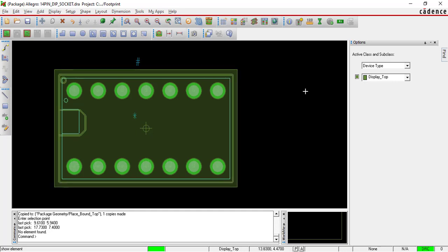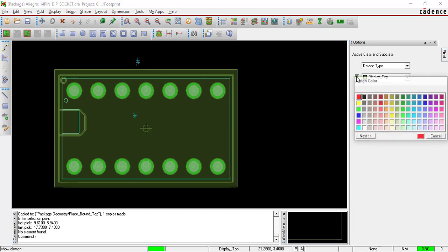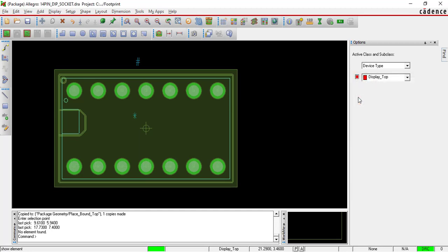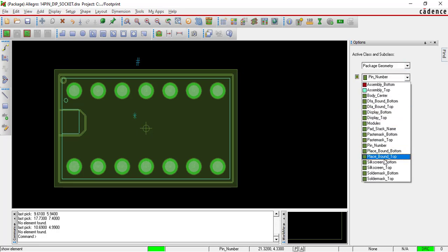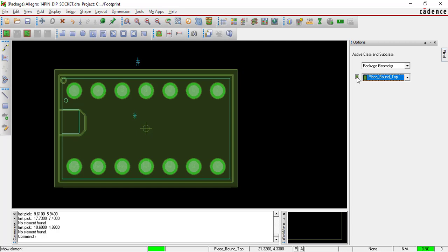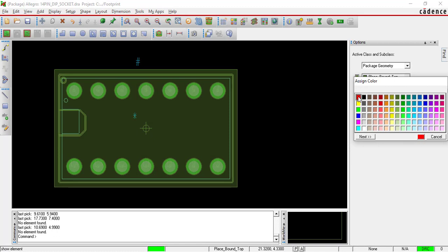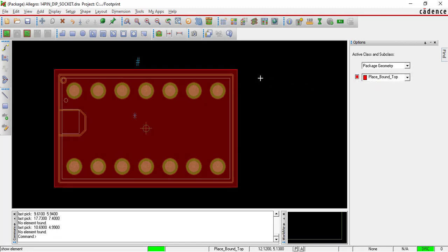How to change it? Right click on here, change it to red. Sorry, go to that package geometry, select place bound top, click right here. See, it is right. Okay, now again place bound top.